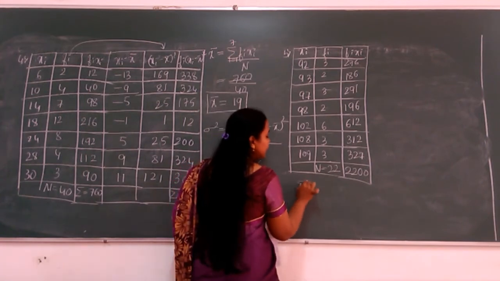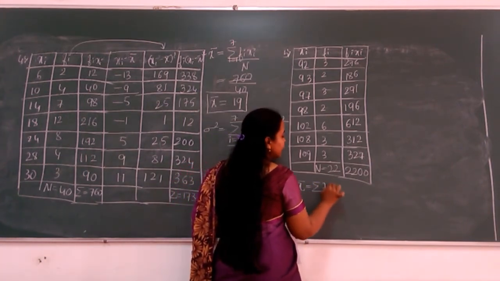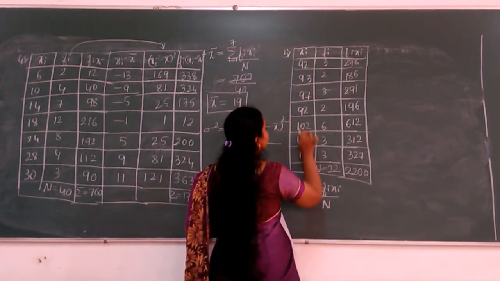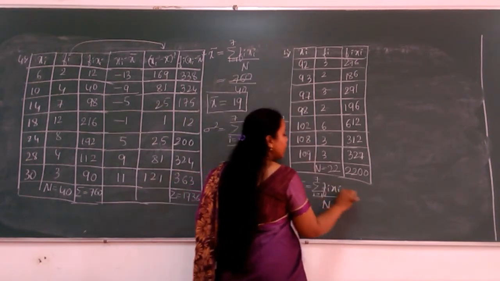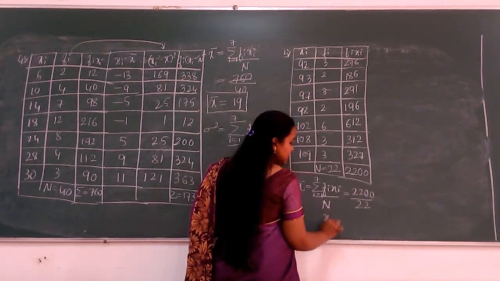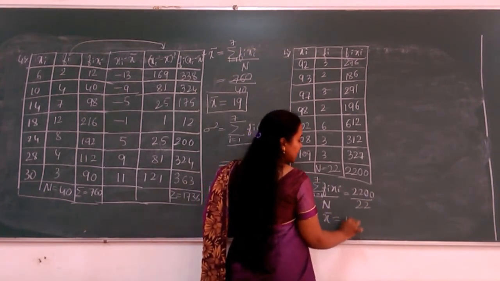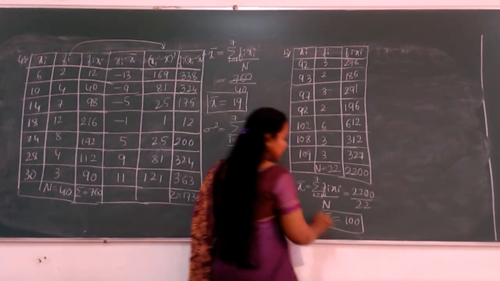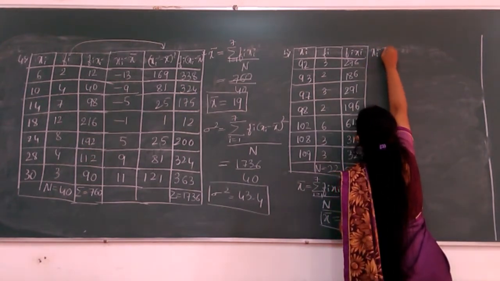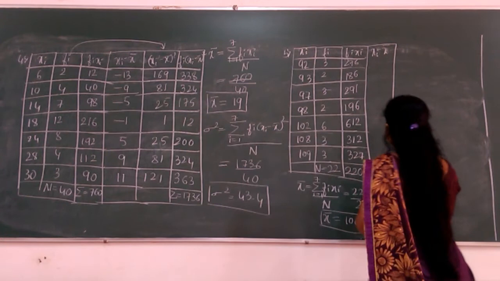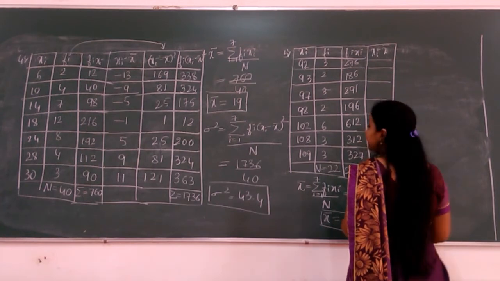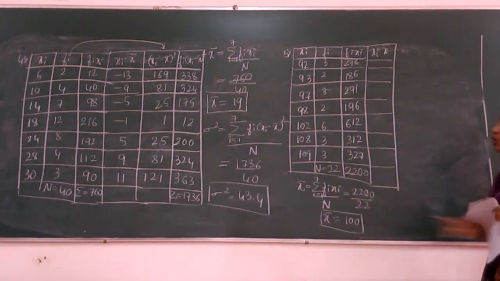And the total sum is 2200. And what will be our mean formula? Sum of fi into xi divided by the total frequency, where i goes from 1, 2, 3, 4, 5, 6, 7. Okay, so it is 2200 divided by the total frequency 22. So what is our mean equal to? It is equal to 100. So now we know the mean. What should we calculate? xi minus x bar. That is, each xi will be subtracted from the mean. So once you know how to solve the problem, you will solve faster than me. Only you should know the formula here.